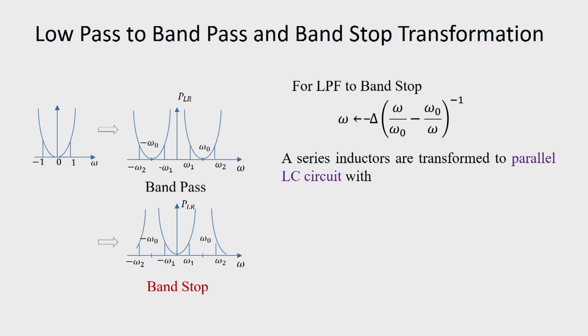a series inductor is transformed to a parallel L C circuit, and we can find out the values of this parallel L C circuit L and C from the given L k, delta and omega naught. Similarly, we can find out C k dash is equal to 1 by omega naught delta L k,